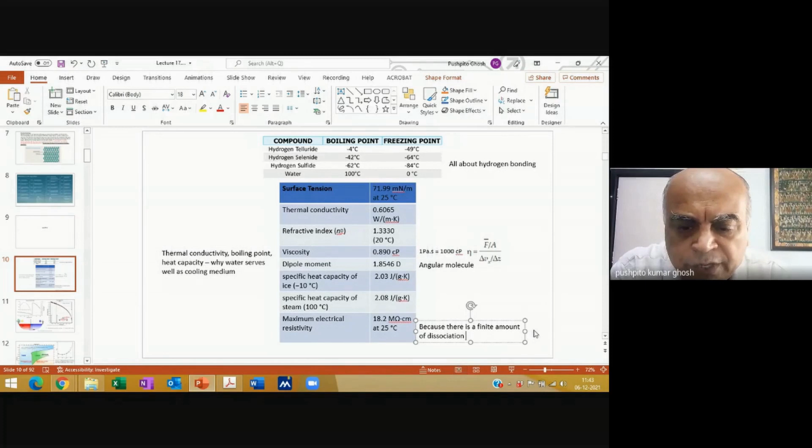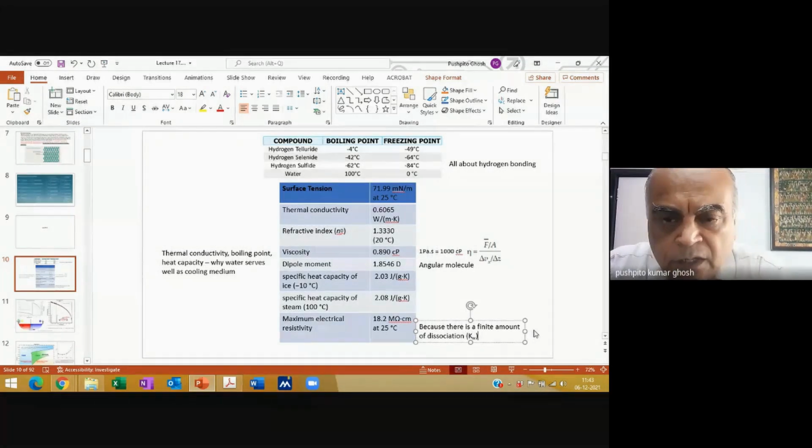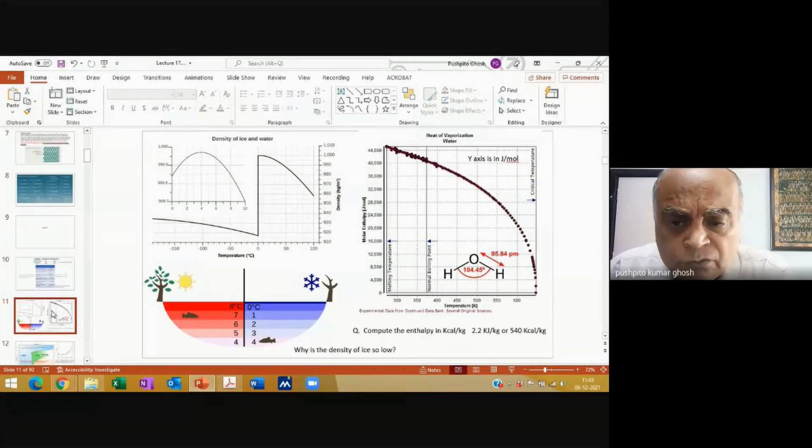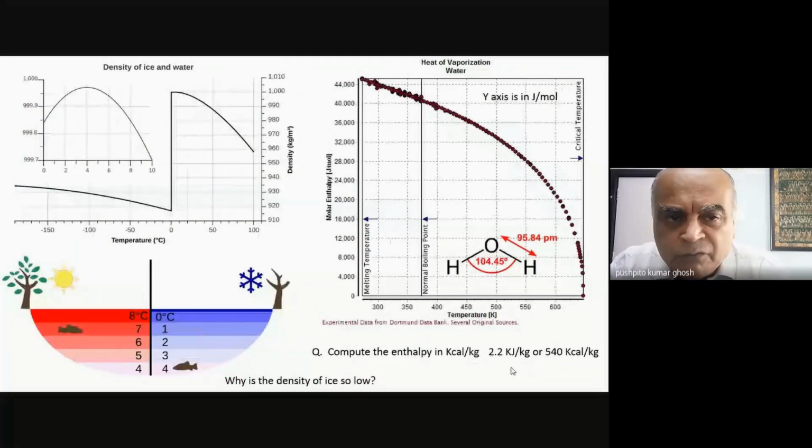And that we know is your Kw. Now let us look at some properties. Some of them you will know very well, but some of them could come as a bit of a surprise. One of the things about water that we know is that it has an anomalous behavior around